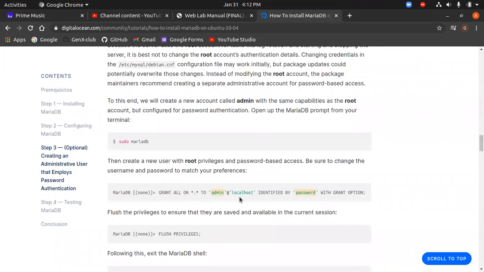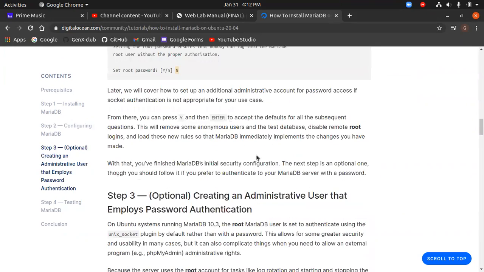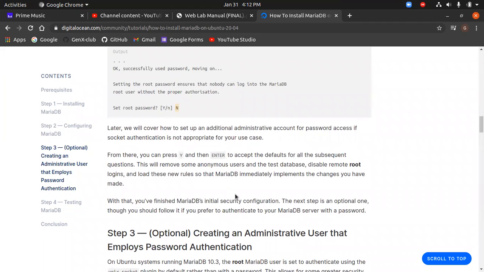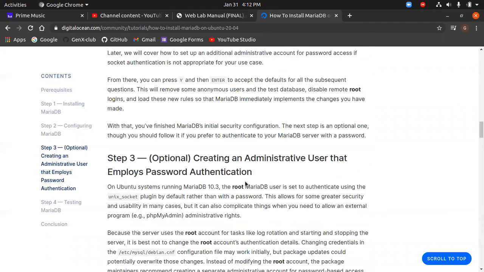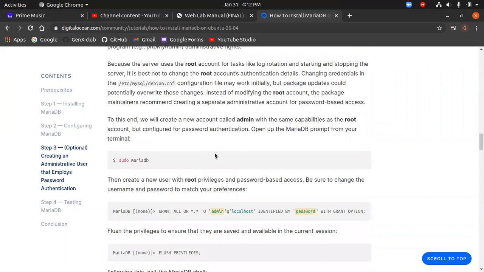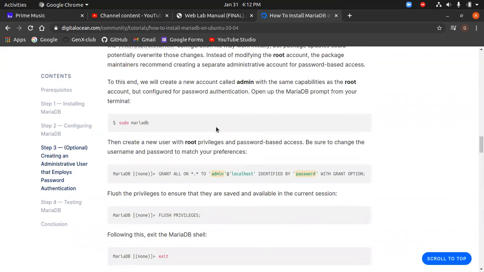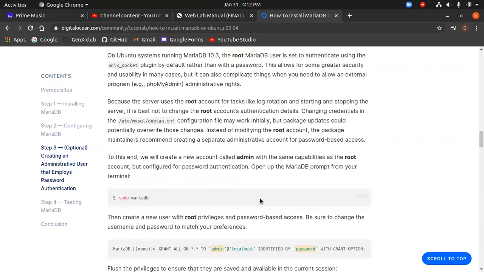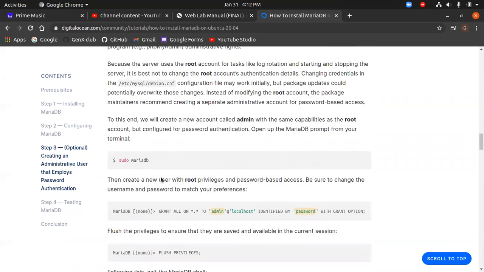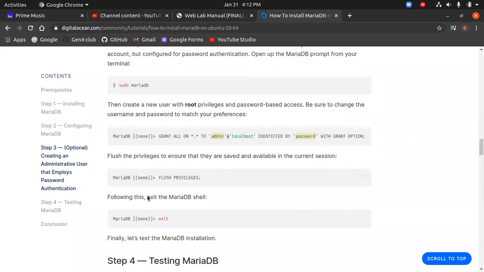Then here, just go with the rest as they have told here. Just go with yes, yes, yes for the rest of the options that will be shown after this one, and then your installation will be complete. The third one is for remote access and all that stuff. This is out of the syllabus right now for us. So if you guys are into SQL and all, please check out this one and you learn a lot of stuff: how to flush privileges, how to set privileges, and then reload the privileges, etc. All the stuff is explained here.